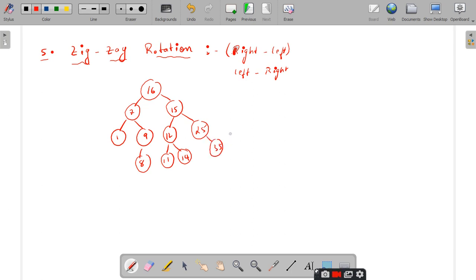Is it a BST or not? No, sir. Where is it violating? Sir, 15 is less than 16. Okay, so let me put this as 17. Is it okay now? Sir, 12, 11, 14 are also less than 16.